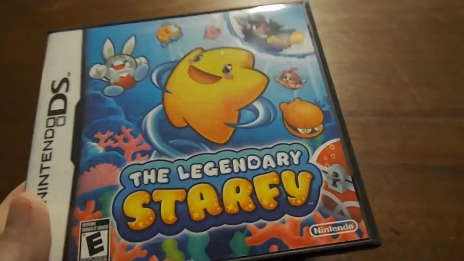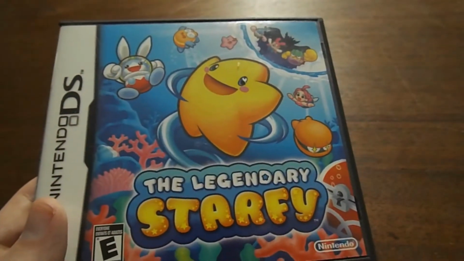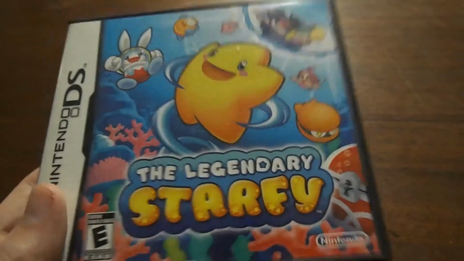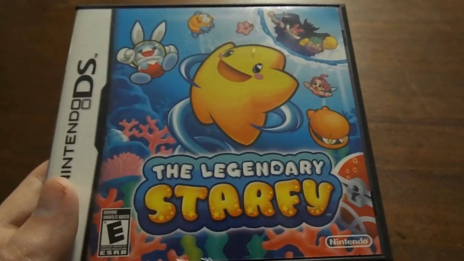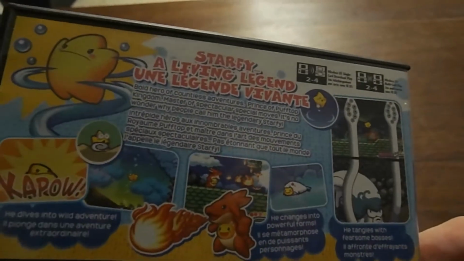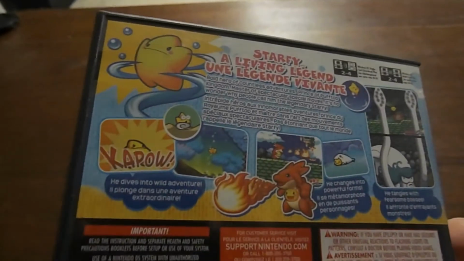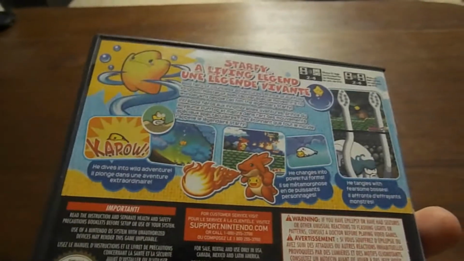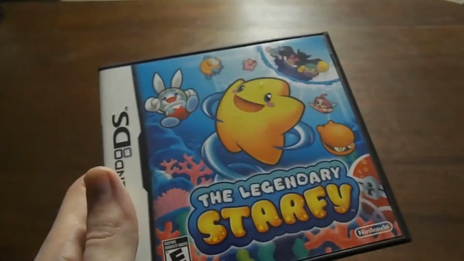The Legendary Starfy. Yeah, kind of a weird name for a game, but then again, you are playing as a starfish. Anyway, this is a very interesting underwater platformer. It actually reminds me of Kirby in the sense that not only does it look really cutesy, but it's also a game that's relaxing and easygoing. It's not super frustratingly hard, so good thing it's not like Battletoads, where it totally kicks your butt. It's not like that, but like I said, it's a pretty decent